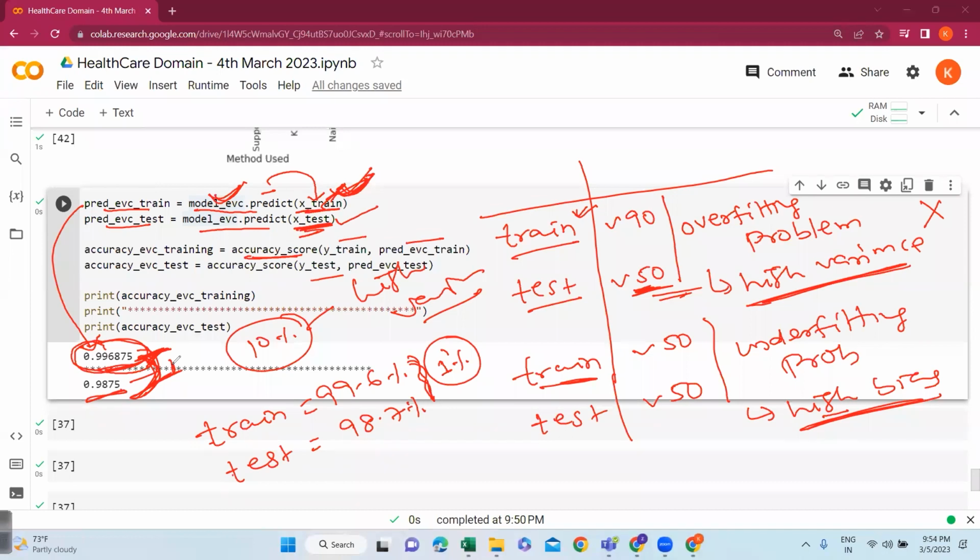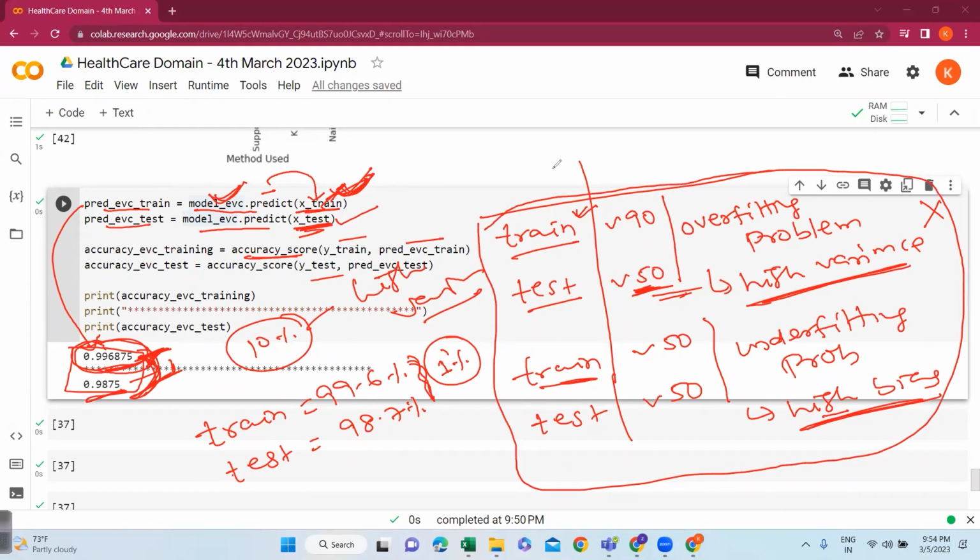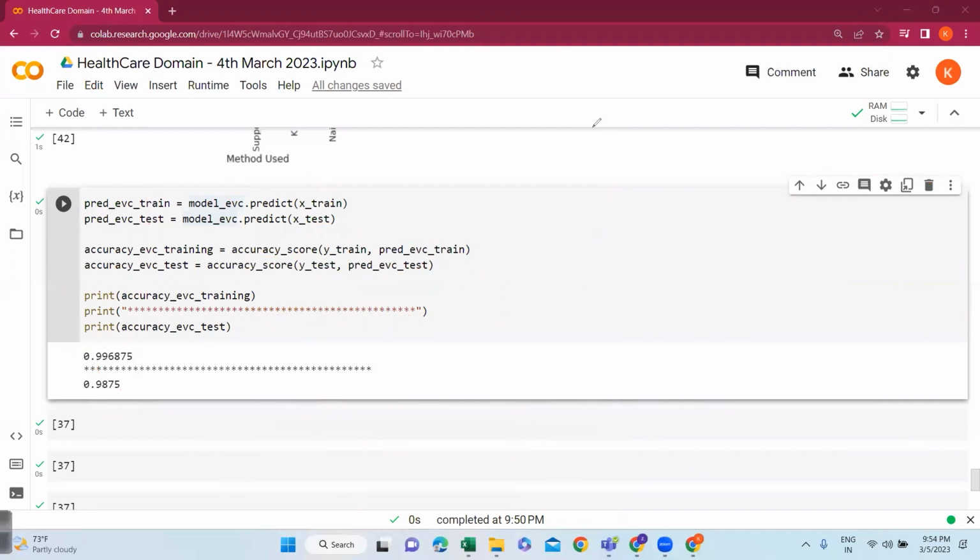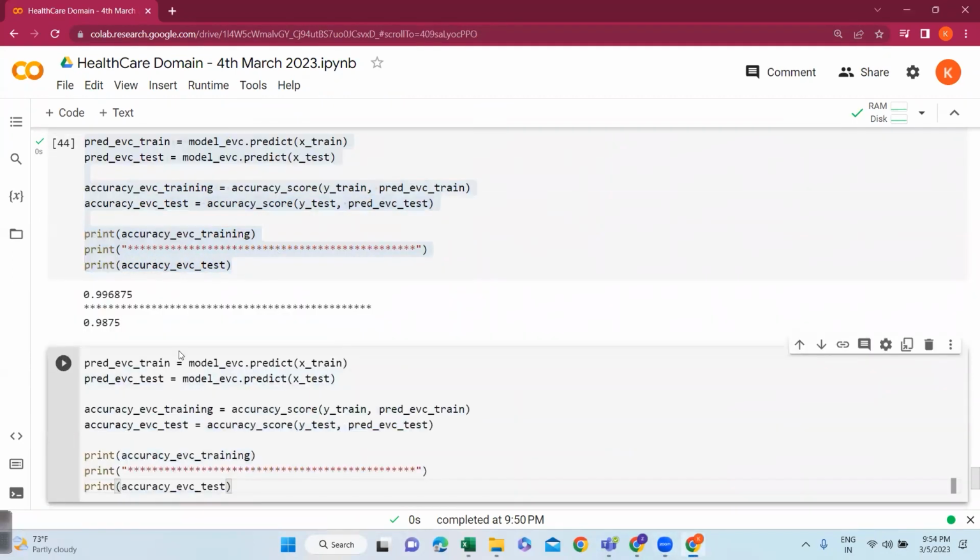And for the accuracy of the random forest, we have got 100%. So can we say that it has undergone overfitting? How can you say? First, you have to check the train also. 100% does not mean you can say the model is underfitting. Underfitting and overfitting problem is this only. You cannot judge with 100%. You can go here and do the same activities again. Copy this, paste here, and what you have to do, you can just write here